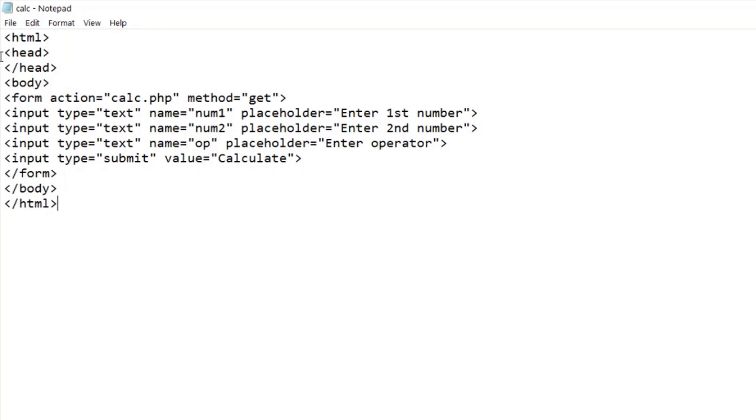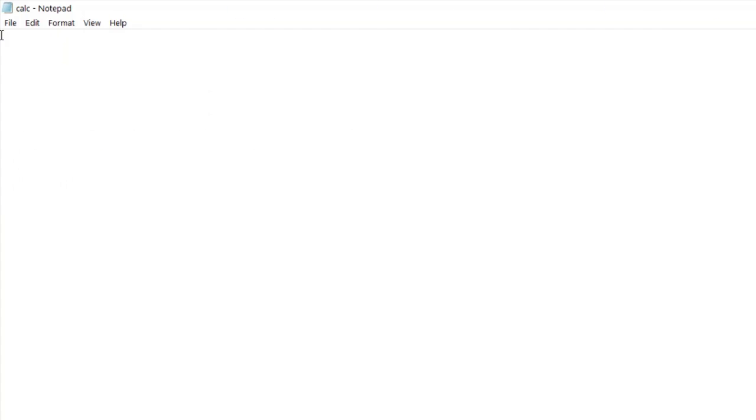Now let us write the corresponding PHP code for this. So we create a PHP file called calc.php. Then we start writing the PHP code. Now we define a variable and in this we store the values that the user has entered. So intval is a predefined function that will be used here to forcefully convert all values to integer data type.